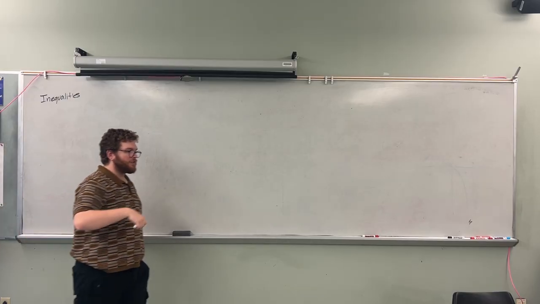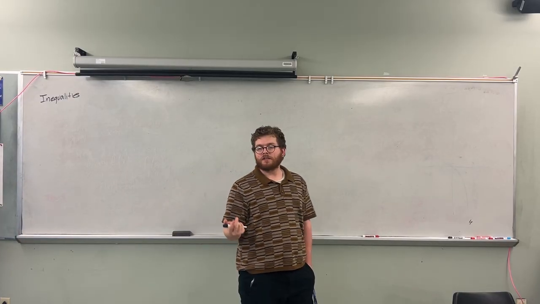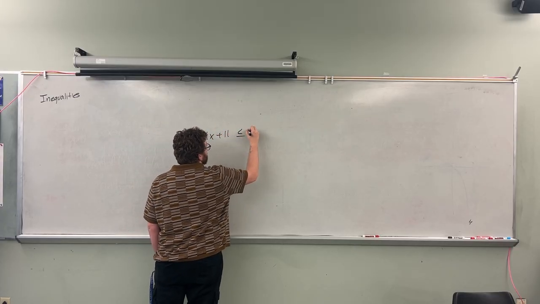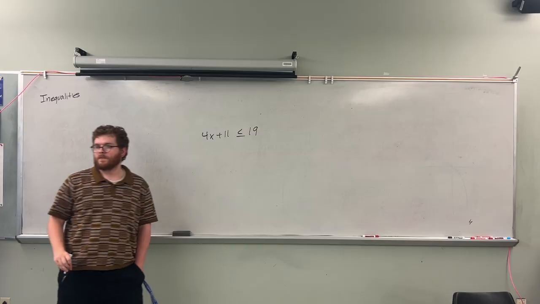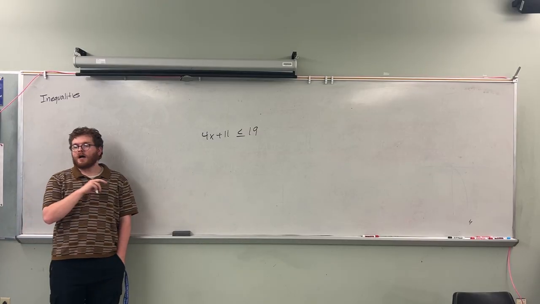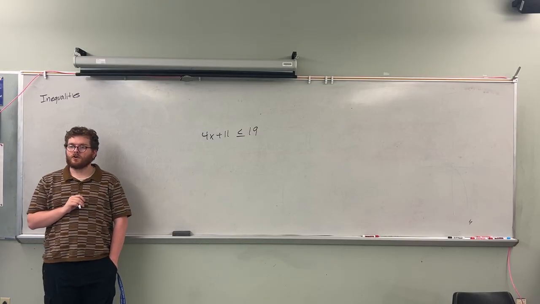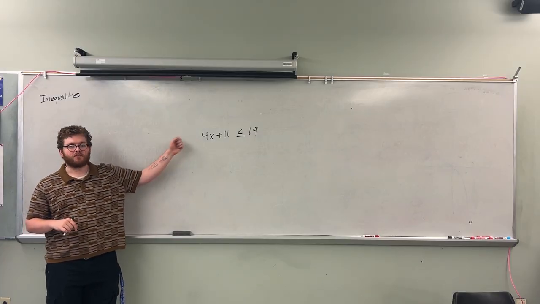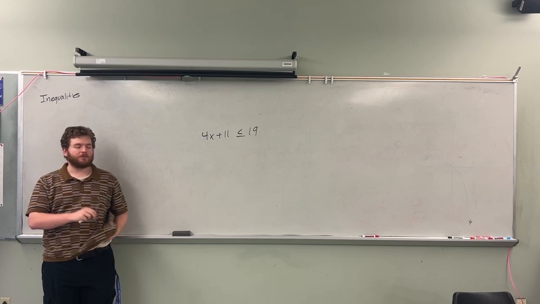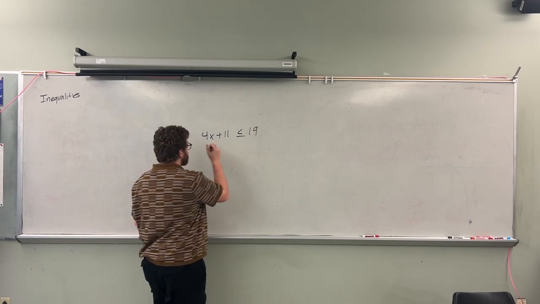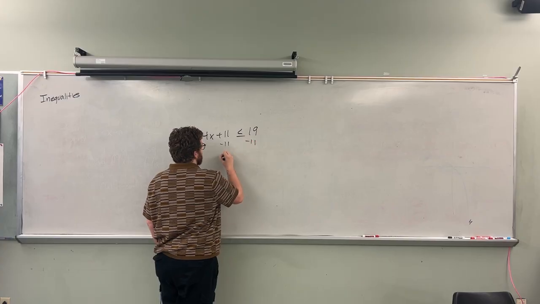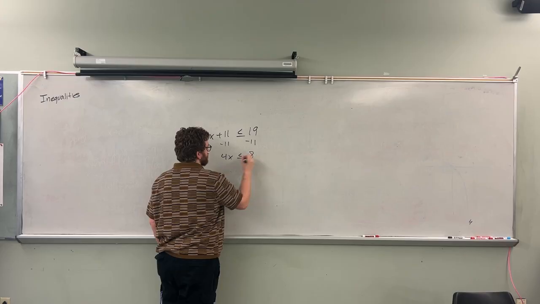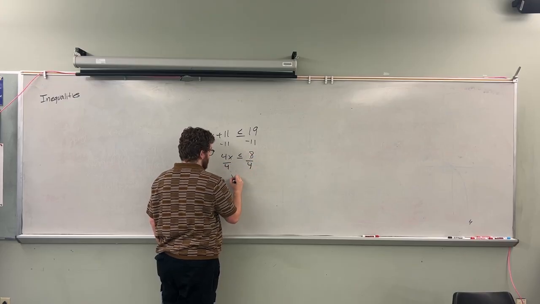For something like what is known as a linear inequality, an example would be maybe 4x plus 11 is less than or equal to 19. For an example like that, I can just treat that like an equal sign, solve it, and then recover my sign. Who's seen an example like this before and solved something like this before? Most people. So all I do here is I subtract the 11 on both sides. 4x is less than or equal to 19 minus 11 is 8. Divide by 4 on both sides, so x is less than or equal